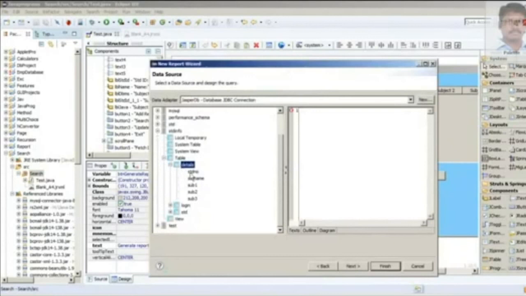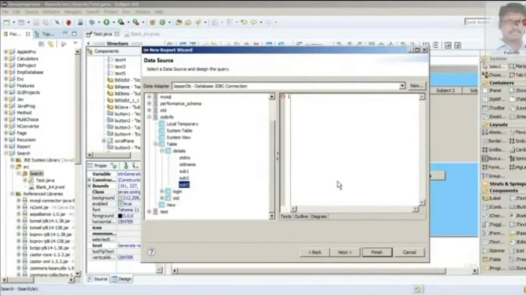All right, fine. So in this table I have 5 field names, as you can see here. Now what you have to do here is, in this place, you can see text, outline, and diagram. This outline is usually for select only, so it has been given some basic idea. So here in the text, what I am going to write is